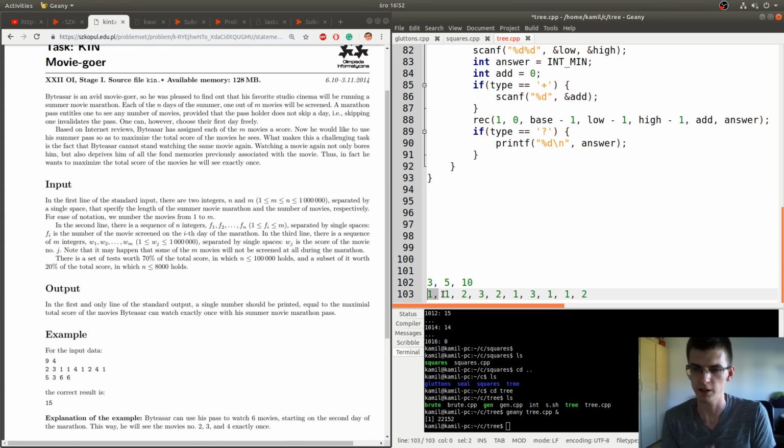Because when we had some movie here at index 1, movie number 1, then for that movie the interval of good ends, where we should end the interval to get this movie exactly once, changes. So we should remove something.